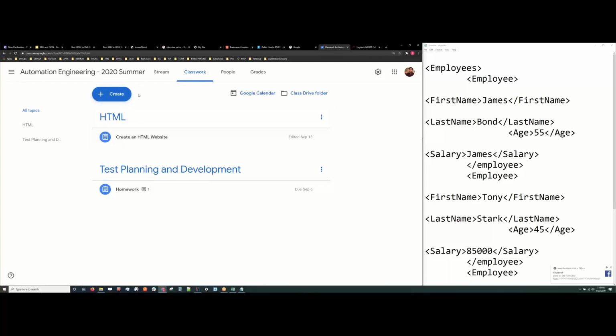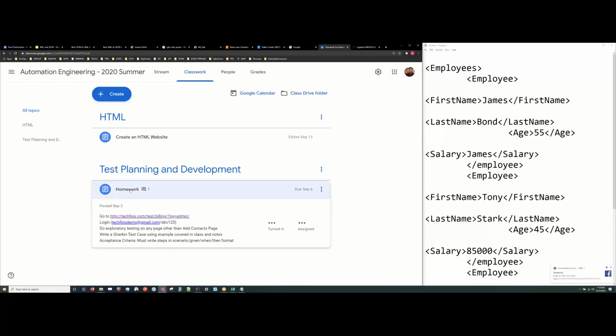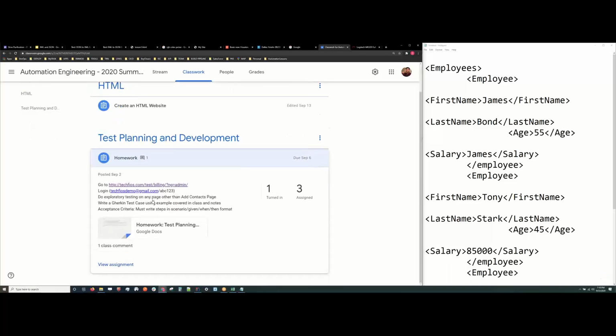You're going to see another title at the very top, right above this. It's going to say XML and JSON. And you're going to see something like this. It's going to say either homework or something. You click on it and you can open it up